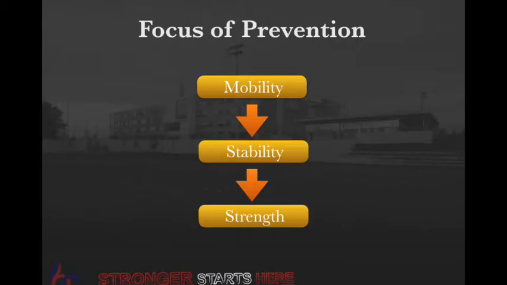But it's really, really important to understand that injury prevention starts with mobility, graduates to stability, and then finally brings strength. And all too often we see people who think that the short-term answer to their common ailments and frequent injuries is dealing with some strength work, and right away they want to start lifting weights and building up stronger muscles that can allegedly tolerate more abuse. And while that may be true in fact, they really do need to start with the foundation, which is mobility and stability first.